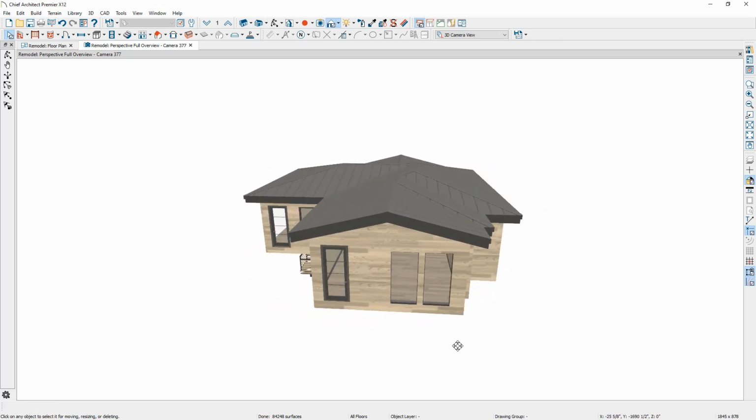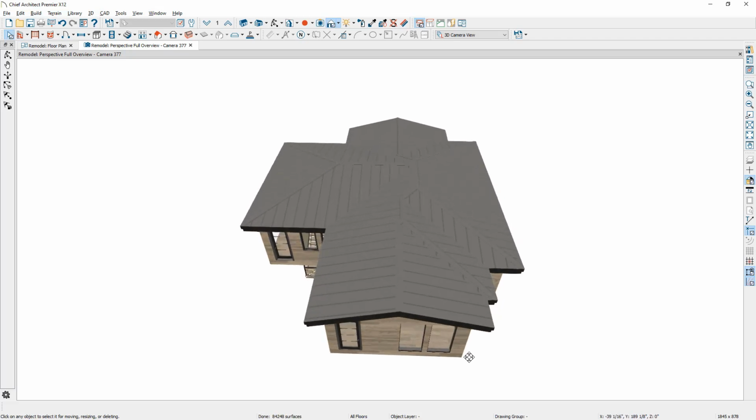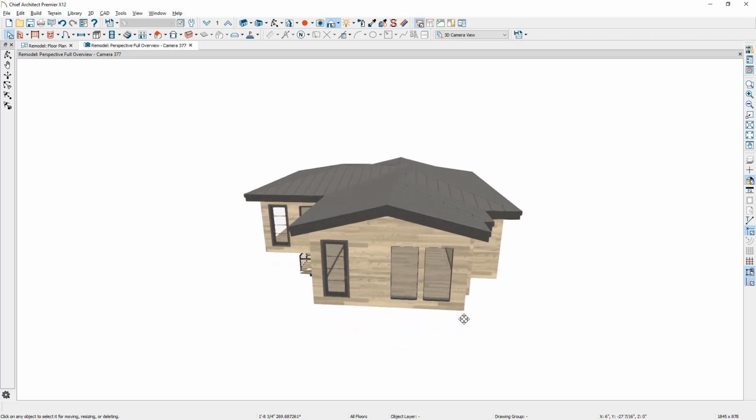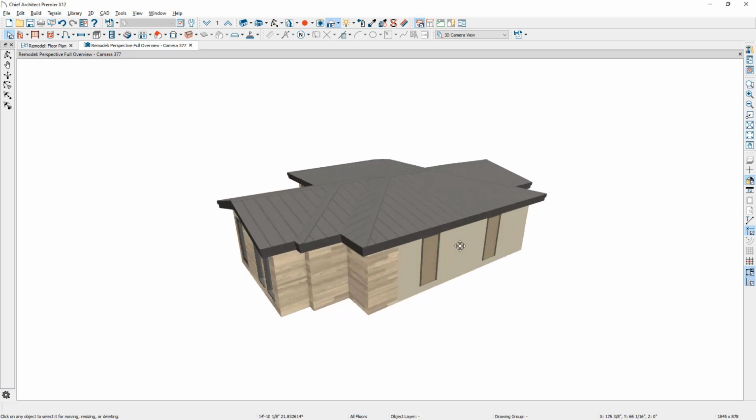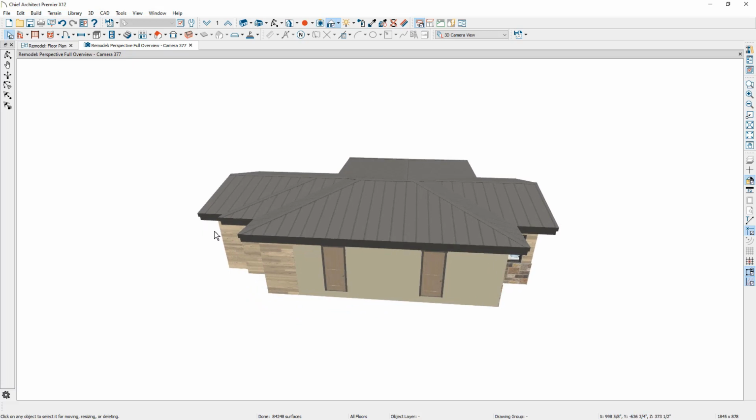Now for this space, the client wants to have a vaulted ceiling. As you can tell, that roof structure doesn't really lend itself to be a vault. What I'm going to do is create a shed roof that will basically go from the left side of this wall and extend up. That means the two side walls right in this area on this wall, come over, hold my shift key down, select this wall, will need to change.